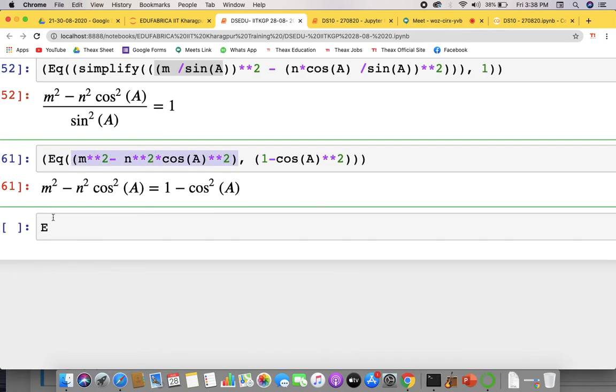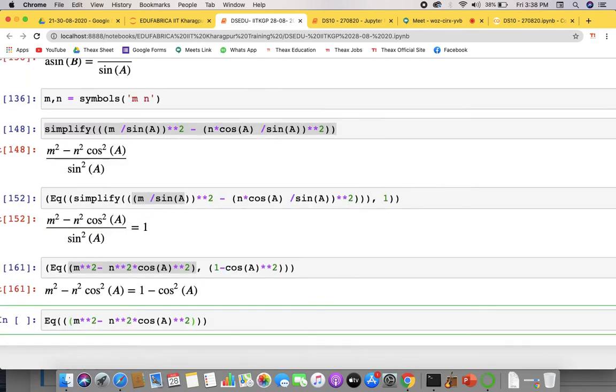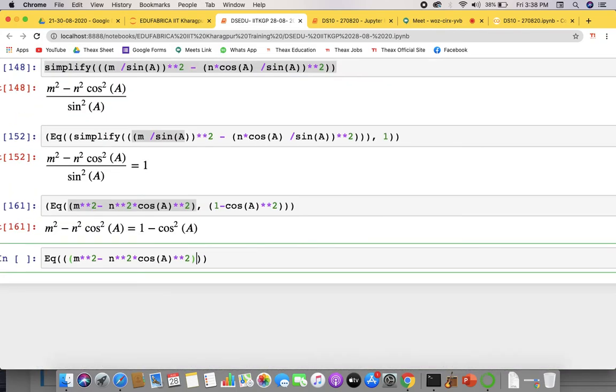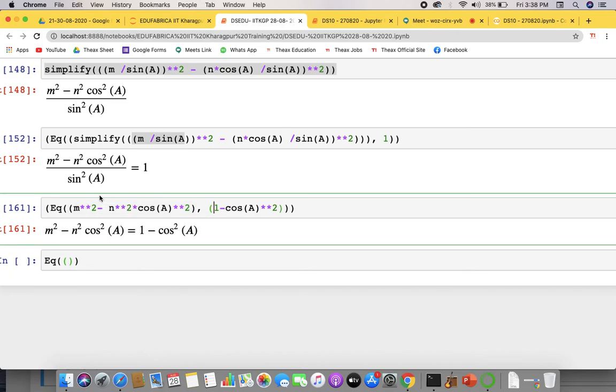This is okay. What we require, m square minus 1. Okay, so all the sides to be given in the right hand side. If I write from here, m square minus 1 would be equals to this whole minus of n square